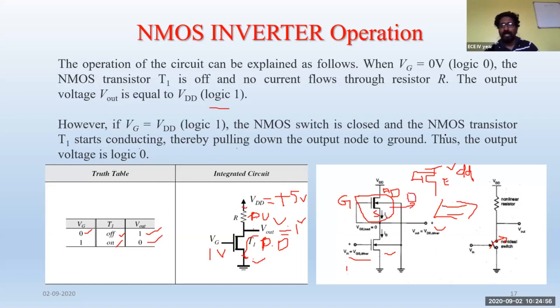So this is the connection, how a D-MOSFET should be used for an NMOS inverter, and this is how an enhancement mode transistor should be used for an NMOS inverter. In the D-MOSFET, the depletion mode transistor, the gate will be connected to the source terminal. In the enhancement mode transistor, the gate terminal will be connected to the drain terminal. Here in the depletion mode, the gate terminal is connected to the source terminal. So that's a major difference between the enhancement mode and depletion mode transistor connections.